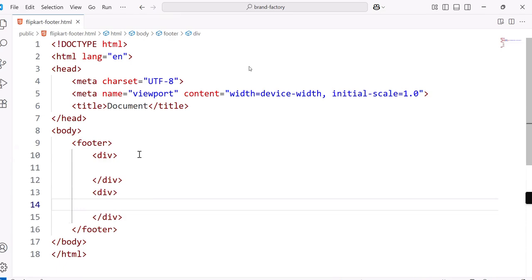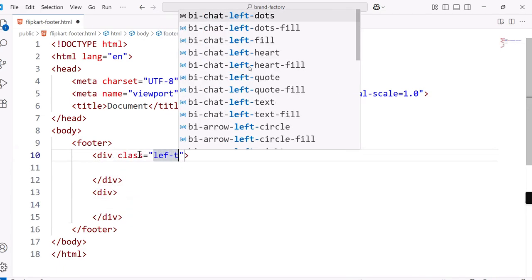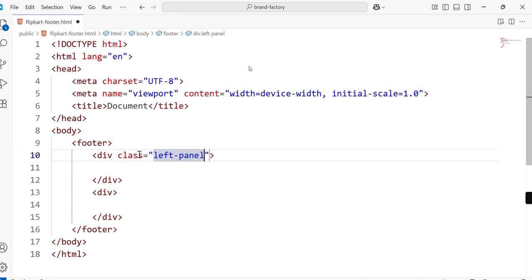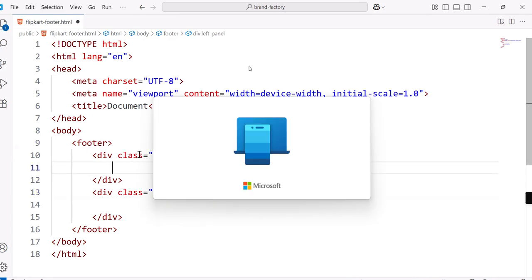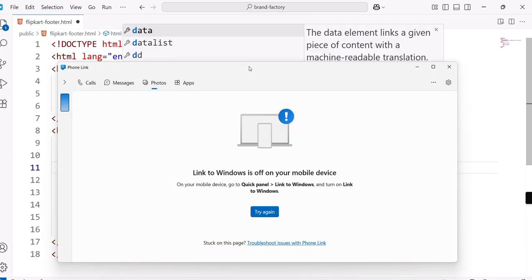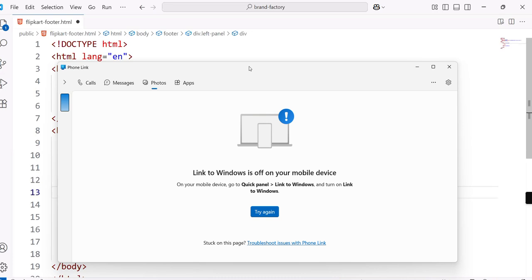Two divisions are there. This div has a class left panel. This div has a class right panel. We have left panel, right panel. In left panel, again, how many divisions are there? 4. Div, this is just roughly call 1